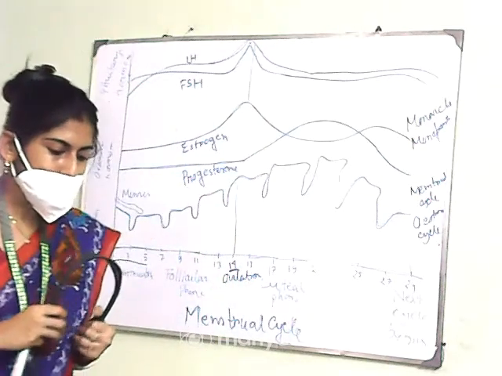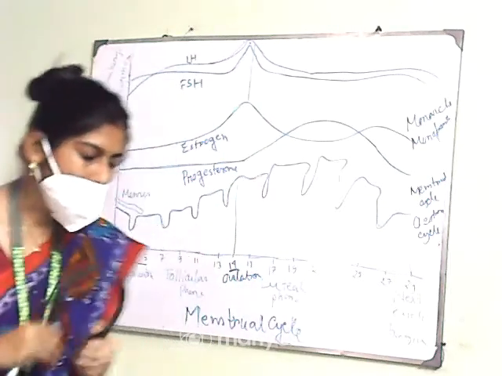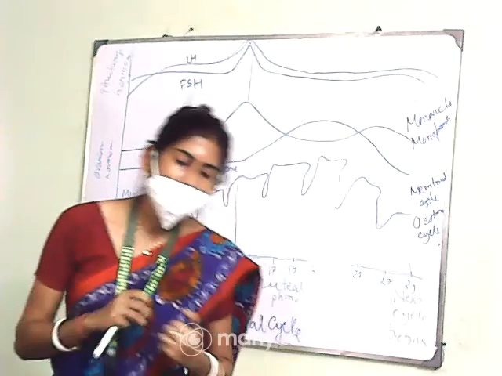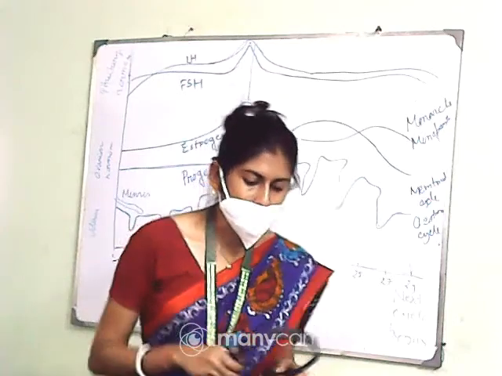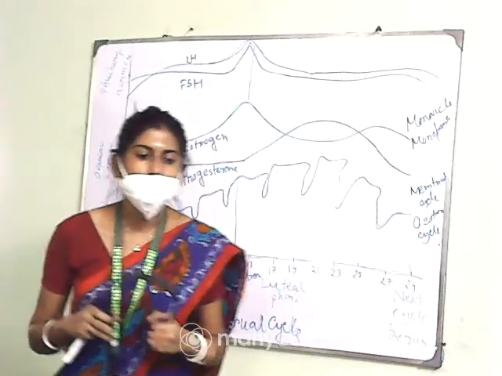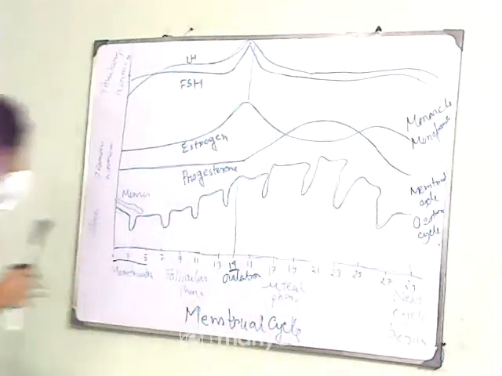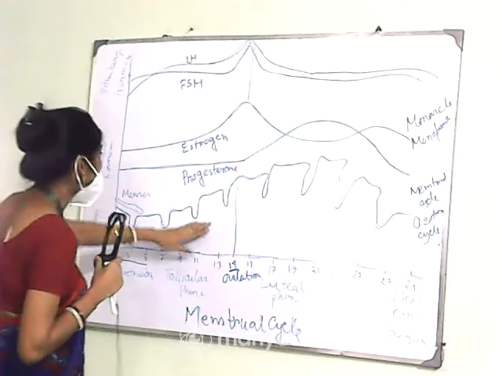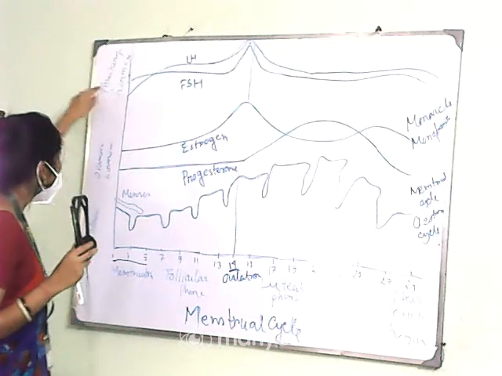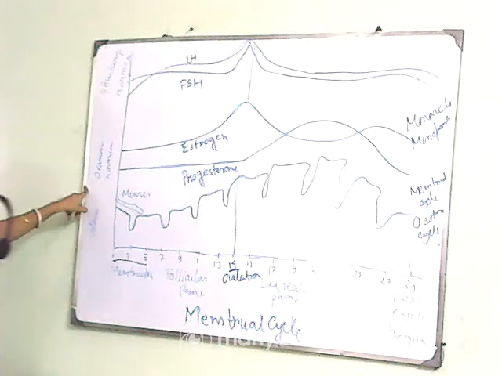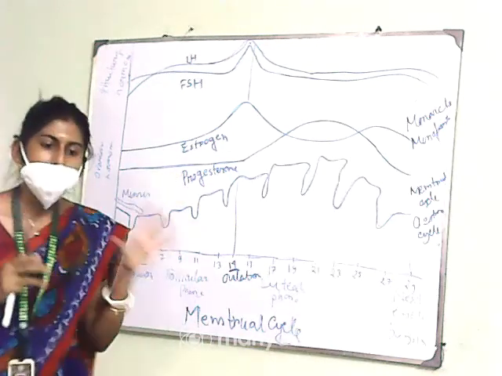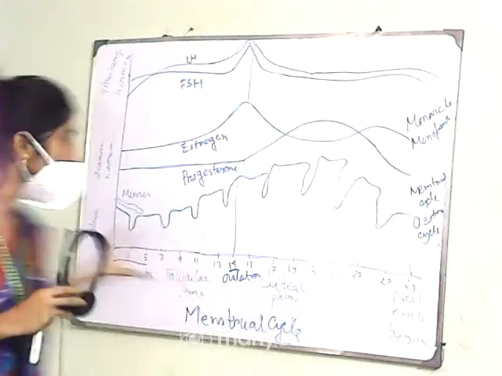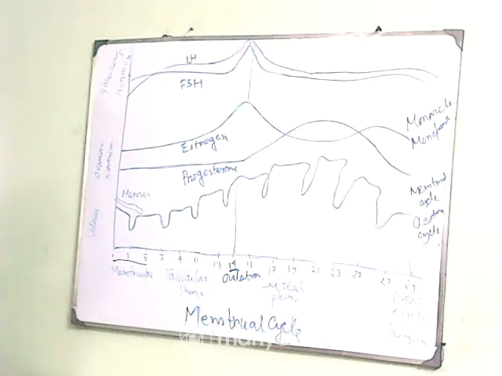Now these changes in the ovary and the uterus are induced by the changes in the levels of the pituitary and ovarian hormones. It is very important to know how these changes take place, because these pituitary and ovarian hormones are playing roles in maintaining all these parts. I will discuss it later on. Let me discuss all those phases first. After that I will tell you.